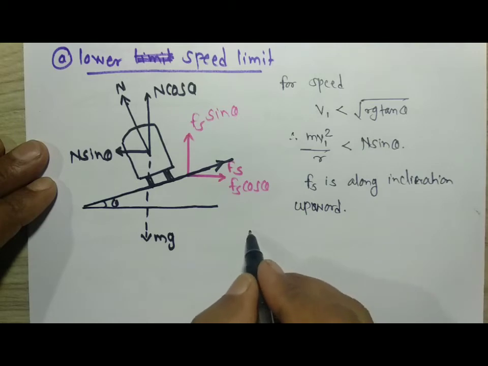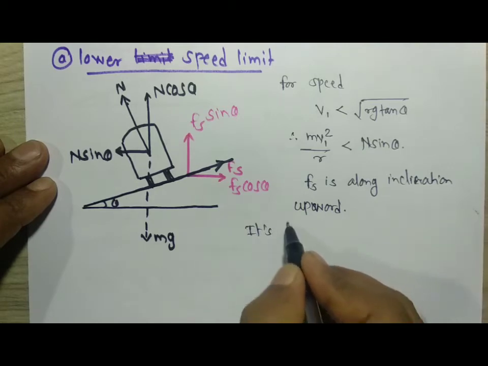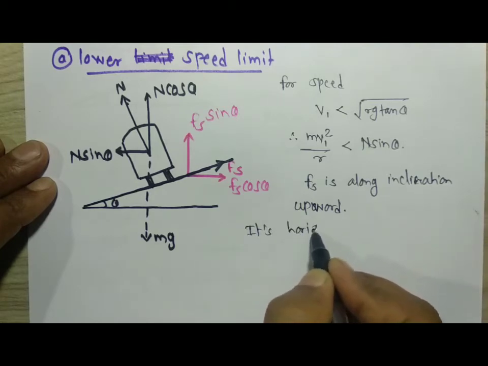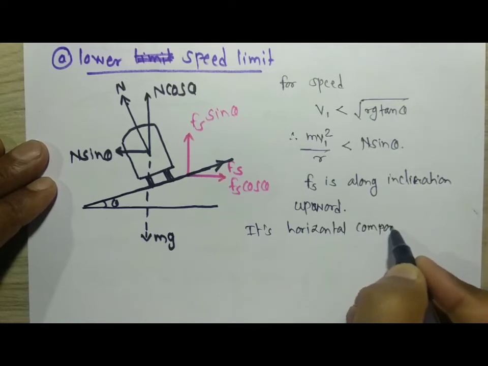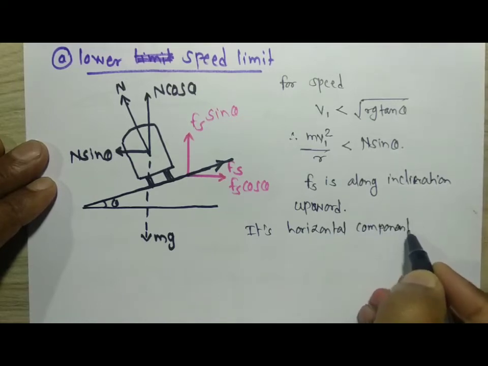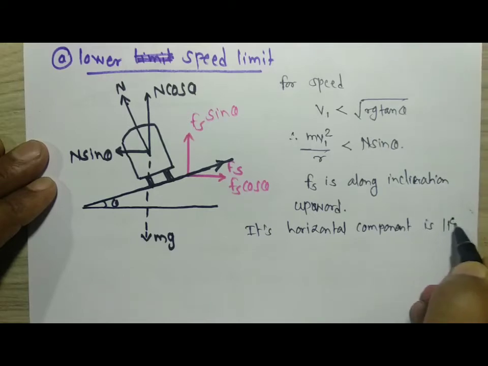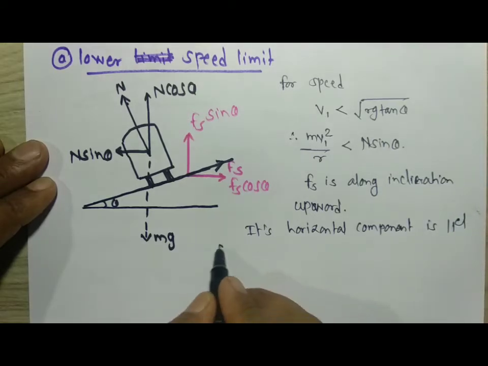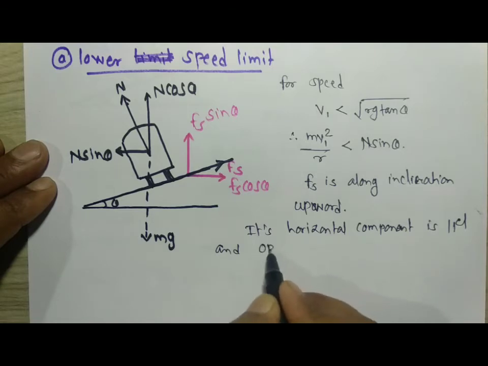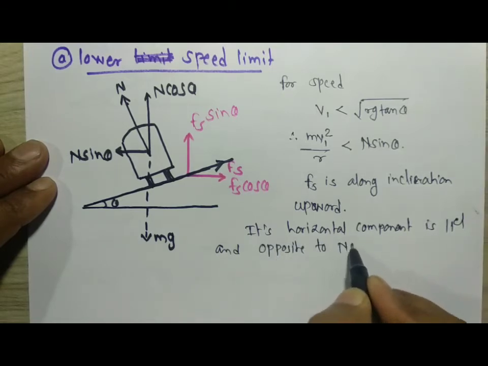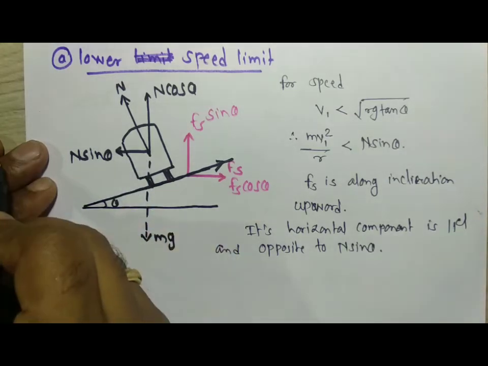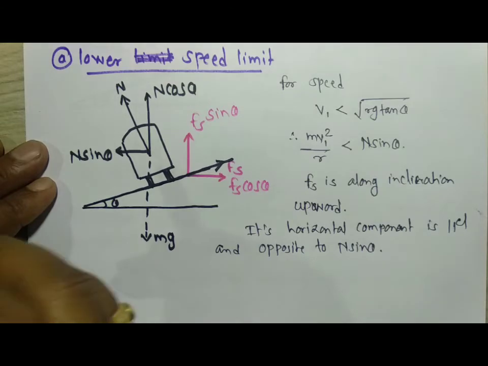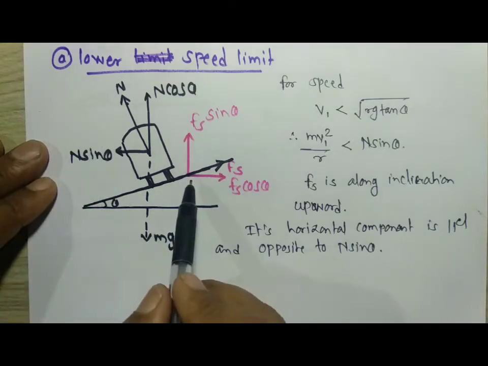First of all, its horizontal component is parallel and opposite to n sin theta, and therefore n sin theta is acting toward the center of that circle, and f cos theta